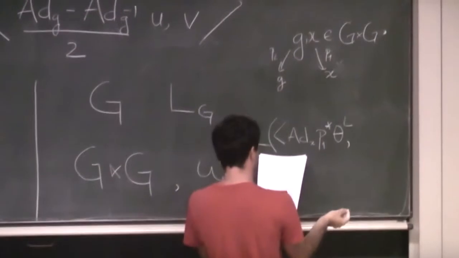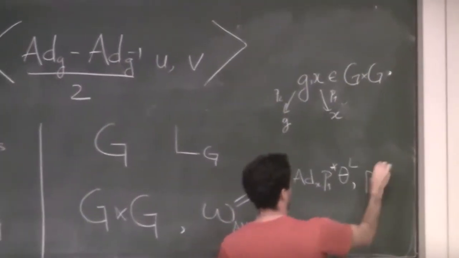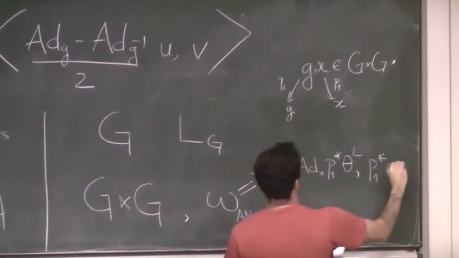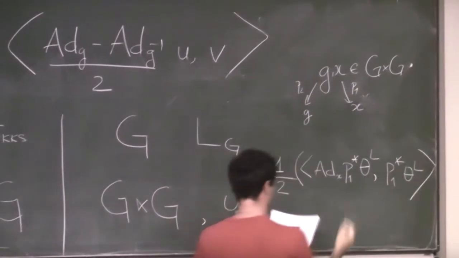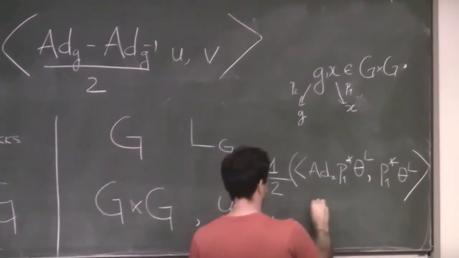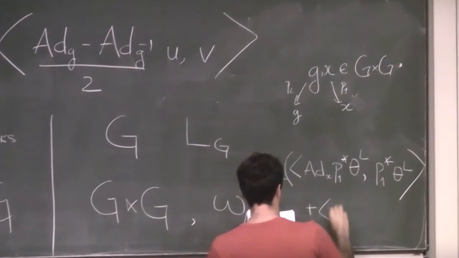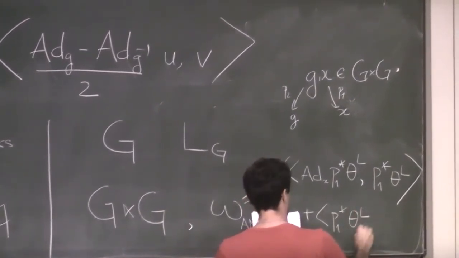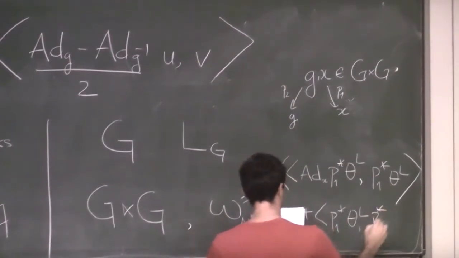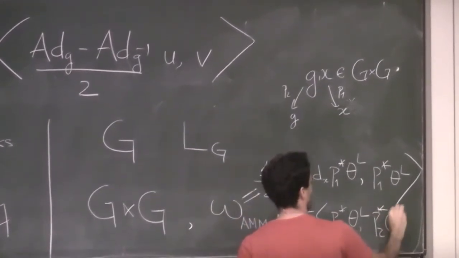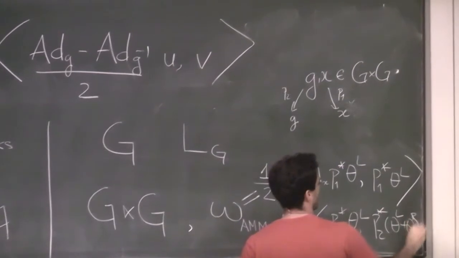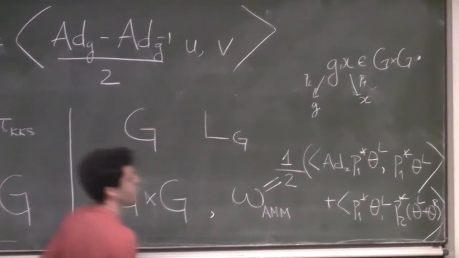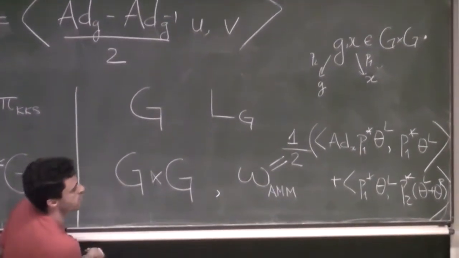I'll probably write it in a way that is not understandable anyway, but I'll just write it. So that's the formula that comes out. I don't really expect you to understand the formula, but anyway, there is an explicit formula that I think